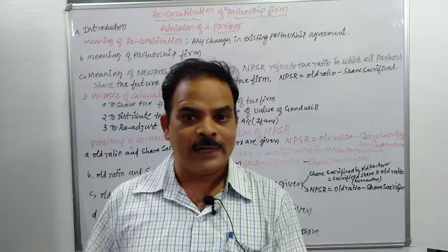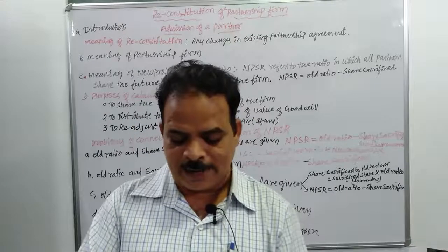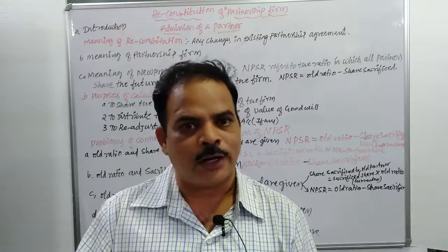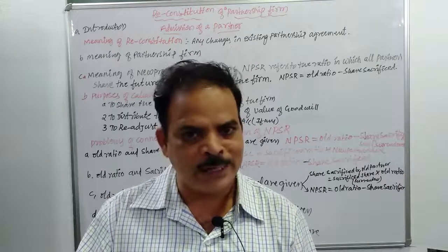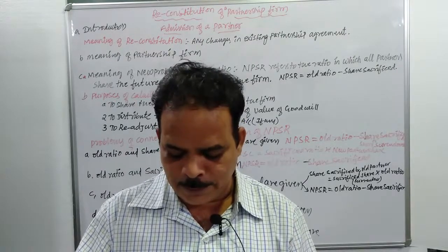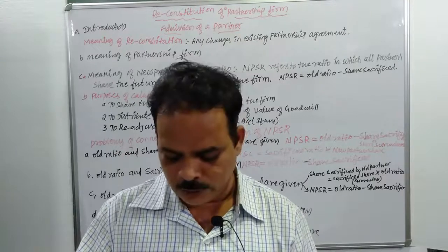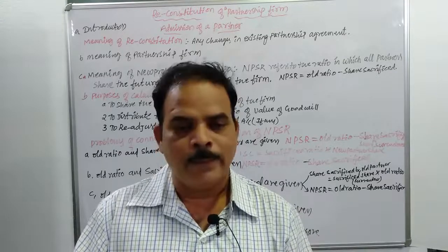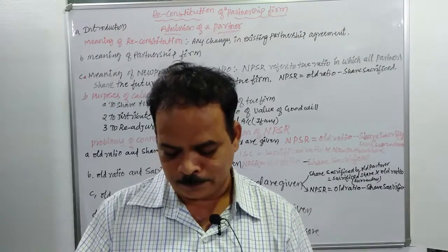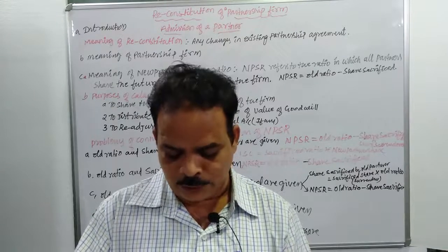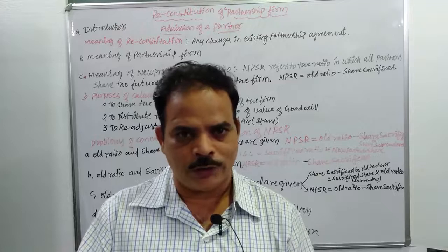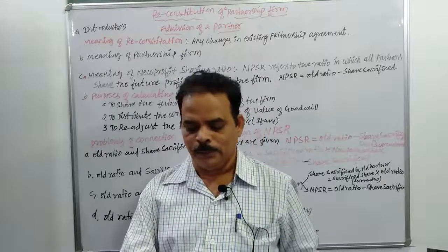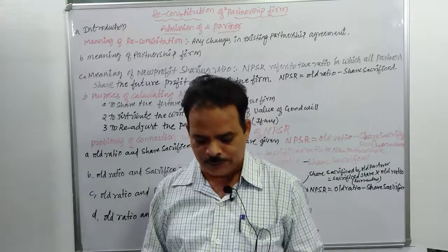Increased assets or decreased assets, increased liabilities or decreased liabilities: that is also one of the matters. And distribution of accumulated profit or reserves; accumulated profit means general reserve and all. Capital contribution by the new partner: when a new partner contributes capital, that also we have to take into account. And valuation and adjustment of goodwill. There are four methods we use for valuation of goodwill, which we will discuss. And adjustment of the partners' capital accounts; we will discuss it in the following way.